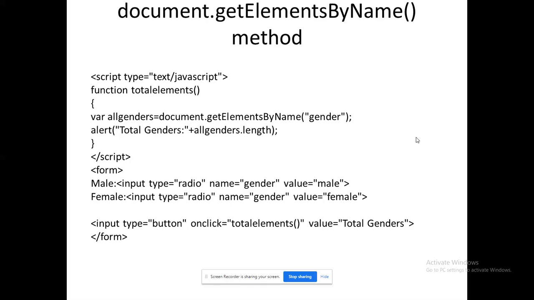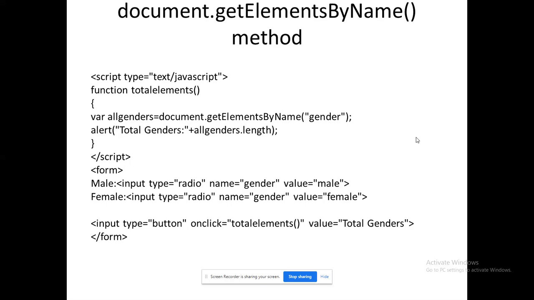For male and female, I have created 2 radio buttons. Both of them are named gender. Okay, how am I accessing that? Document dot get elements by name gender. So I have 2 controls having the name gender. It is ready to give me the number of genders chosen by the user in the form when the button is clicked.